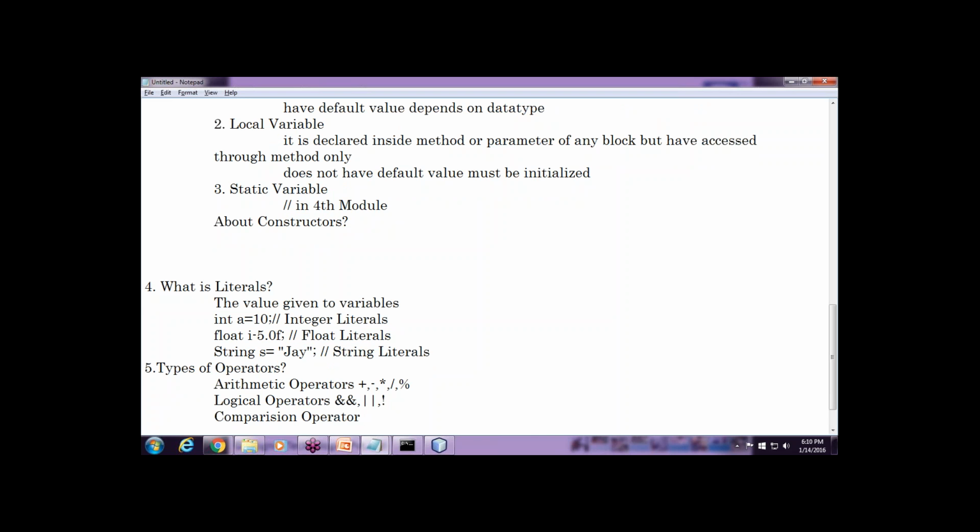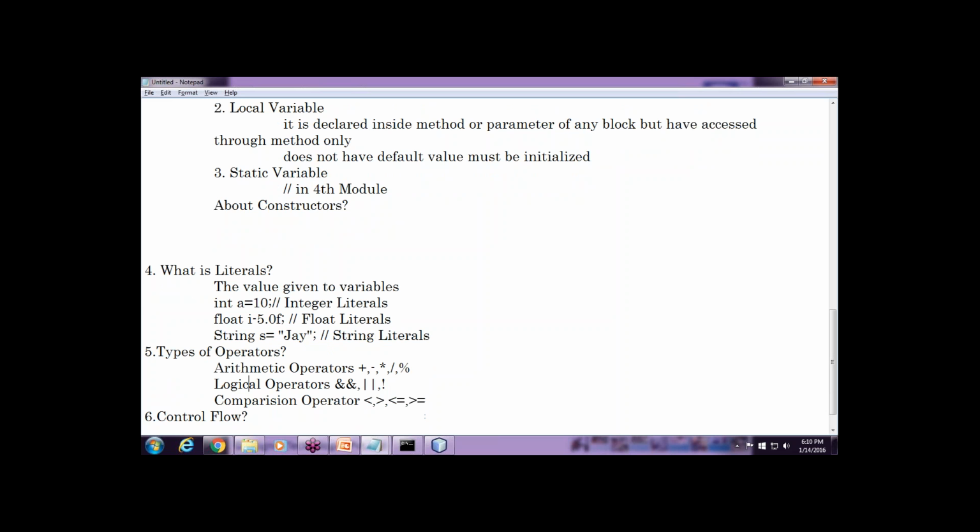What is a comparison operator? Less than, greater than, less than or equal to, and greater than or equal to. And not equal to, equal to, this also comes under here. Whenever you are comparing two values, we use these. And we have one more thing, that is